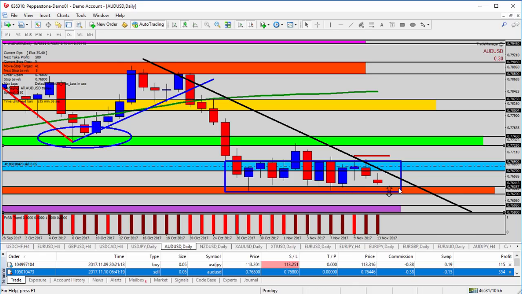If you're looking to go short, don't do it now. It either needs to be back in the blue zone or under the green zone. Long scenarios, probably back above the blue shaded area. If you're looking for a long, likely better above the black trend line and the blue zone for the Australian